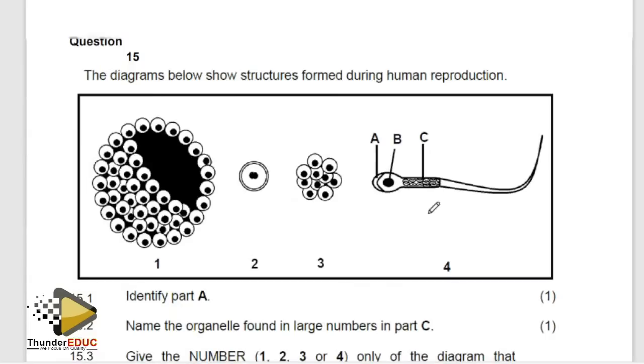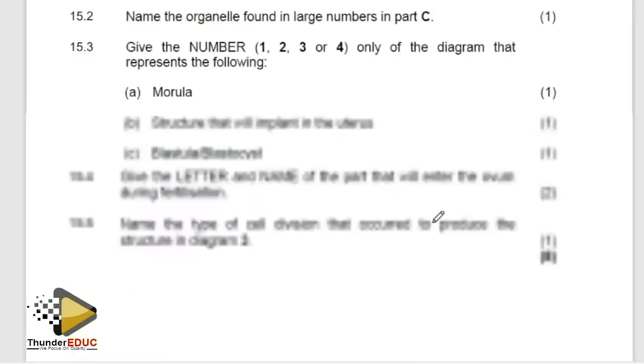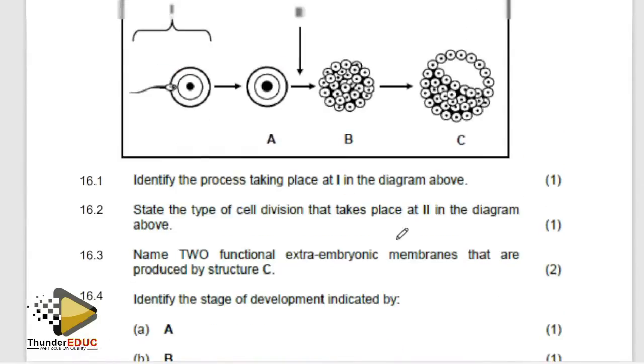You see, now this process, what is this? It's a ball of cells, which is called a morula. And then what is this? You see, as if there are two nuclei. Check. There is this, there is this, there is this, and there is this. So definitely this can't be an ovum. So this is a zygote. And then because it has a hole, it becomes a blastula. You see, things are simple.